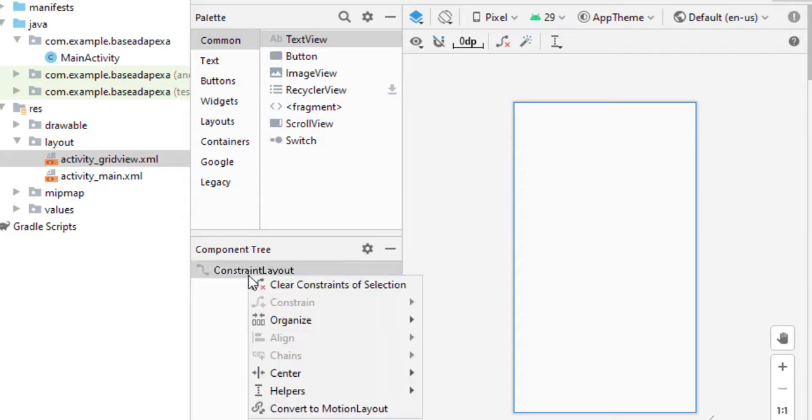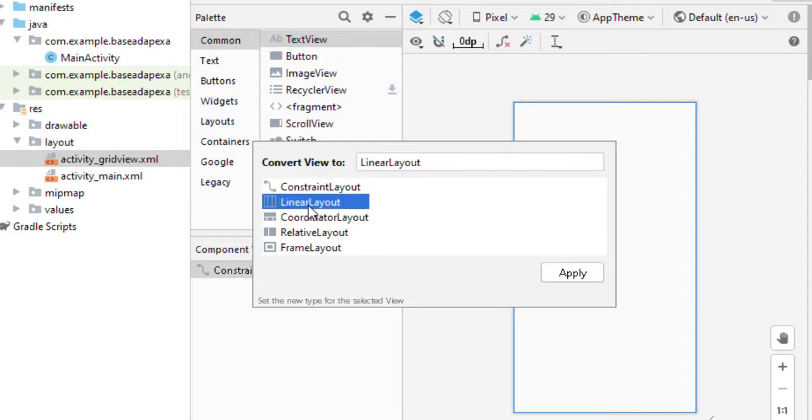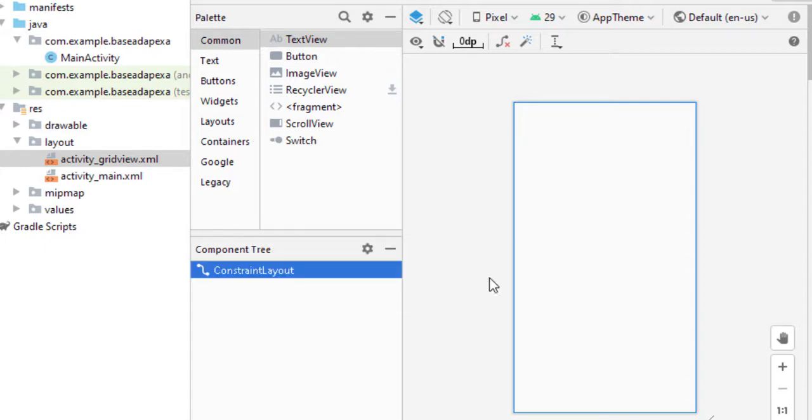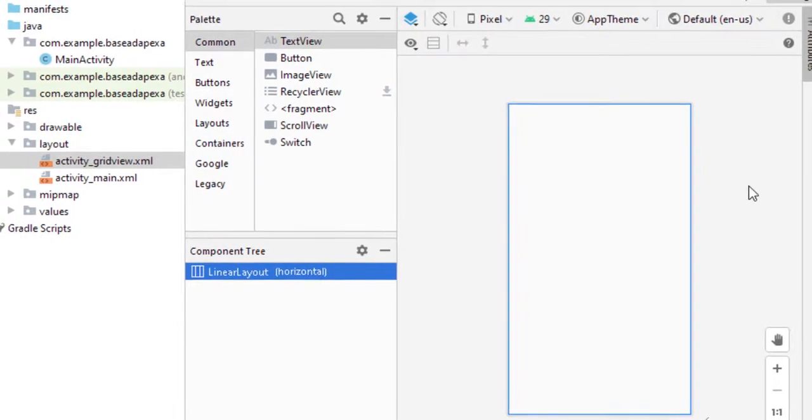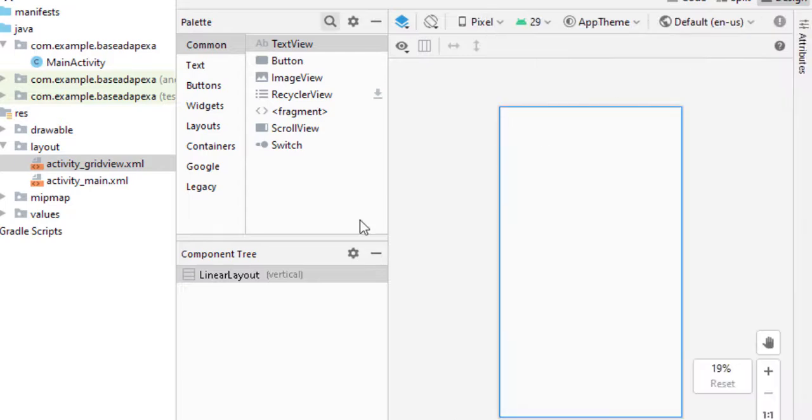Right click on it, click on convert view, select linear layout and apply. By default the orientation is horizontal, and I am going to replace that value with vertical. So now your layout is a linear layout with vertical orientation.